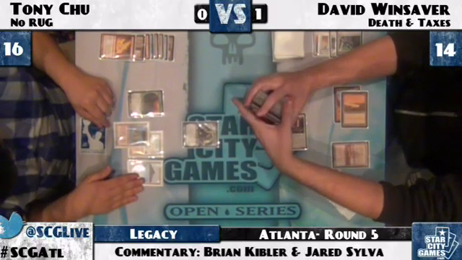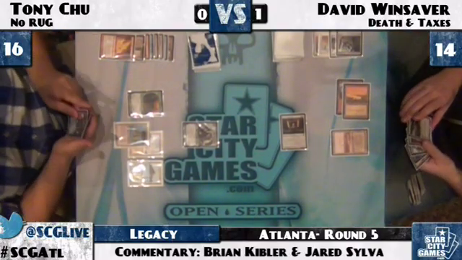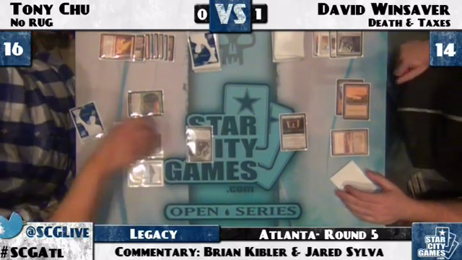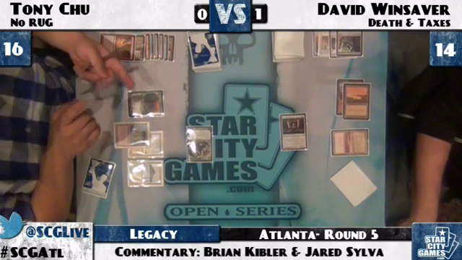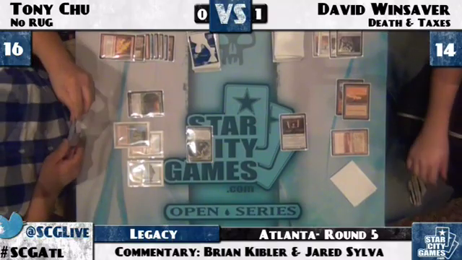I think it may have had something to do with whether he had shuffled after the fetch land or something. Here comes Tarmogoyf. That's kind of what it does. So I'm actually a little confused. Shouldn't the Dryad Arbor be dead? Didn't it? The Dryad Arbor did not